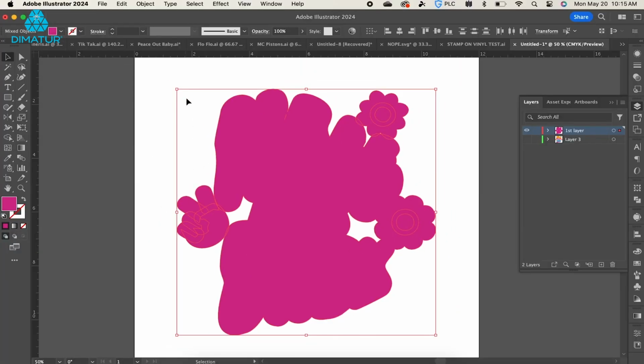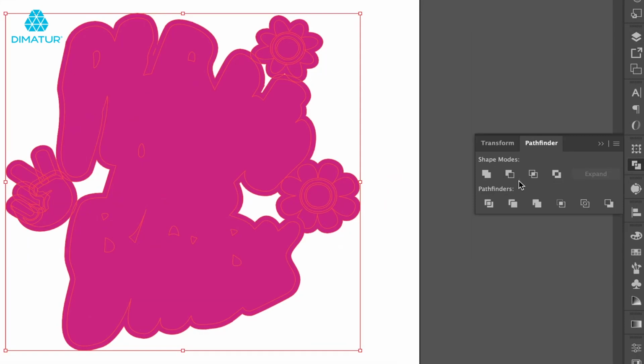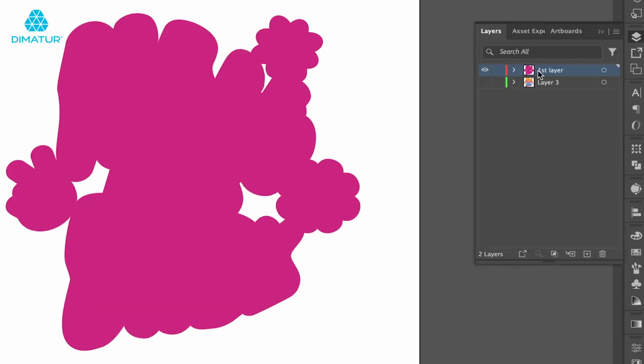And now you're going to see both the regular layer and then the offset portion of it. We're just going to select everything, combine it all, or weld it all together. And now this will be your very bottom layer. So now you can lock it, make a new layer above it, bring back your old work,